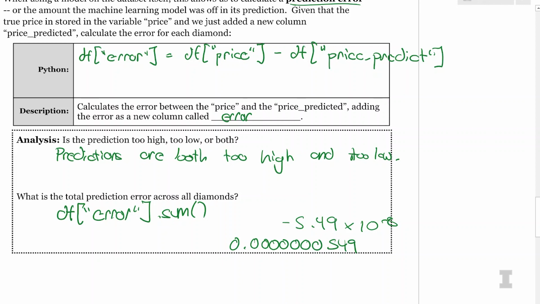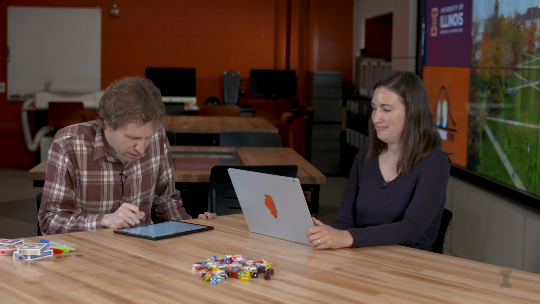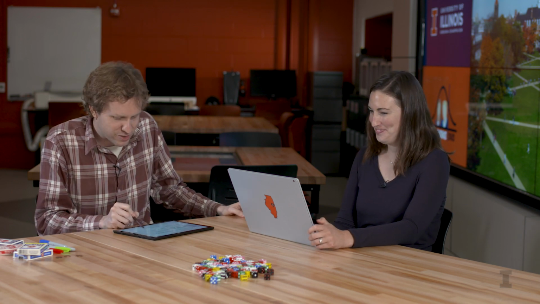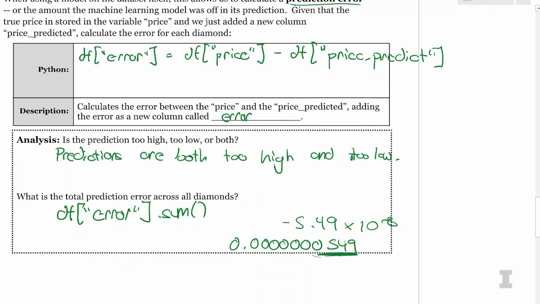Basically, there's a tiny amount of rounding error that Python made because we did multiple independent steps. Right, so we introduced a tiny amount of error. This error was tiny, less than 1 in 1,000,000th, so times 10 to the negative 8th. So we see that this number is 0. In fact, if we had perfect accuracy through the entire process, the sum of all errors in any linear regression is always going to be 0. The exact amount of positive error cancels out with the exact amount of negative error. So this is a really neat feature.